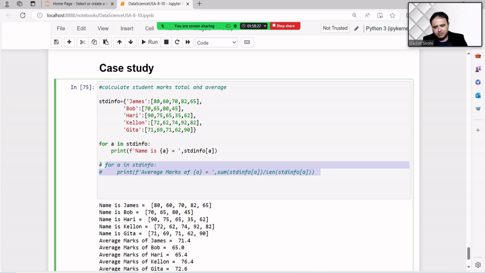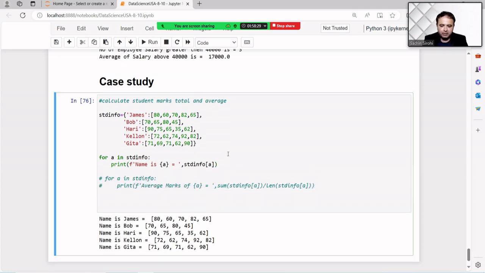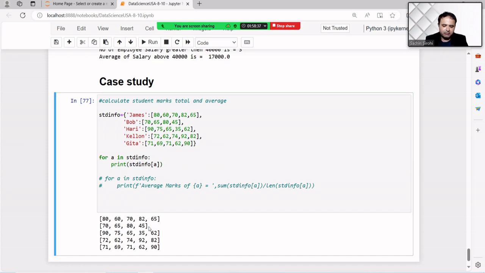I'm just commenting this particular one. You can see only this output. Like if I want to print only this one, so the values are there, like std inside a. But suddenly someone asks me, can I print the name also before each number, because it is confusing which student's marks they are.